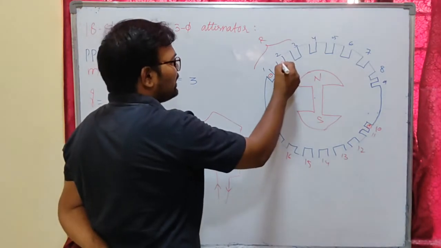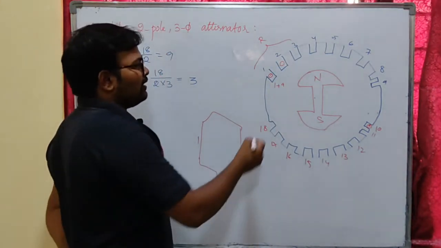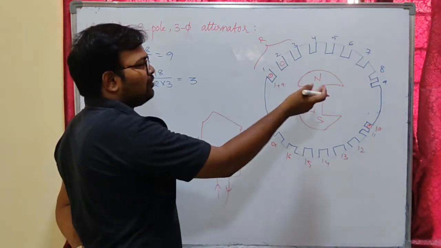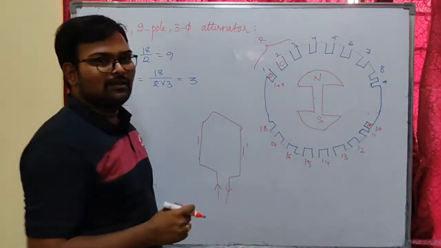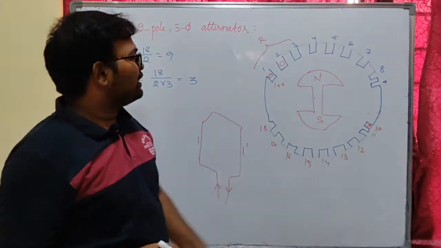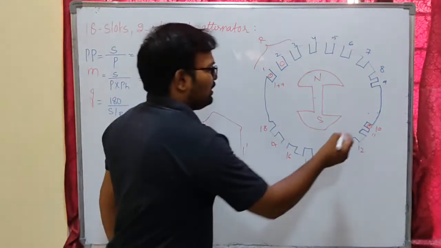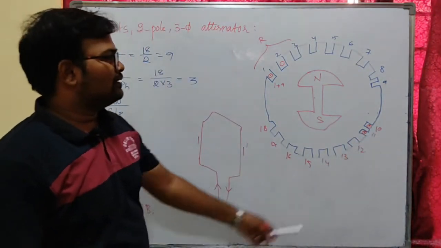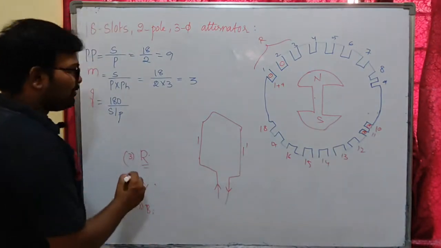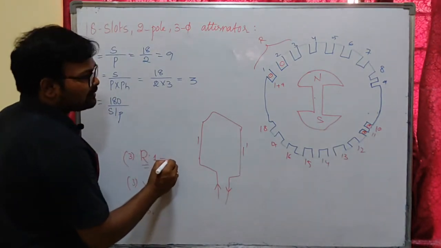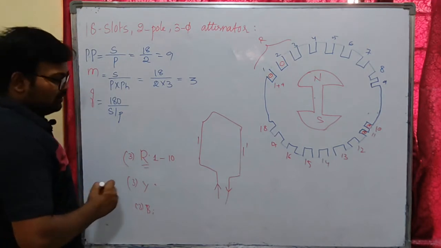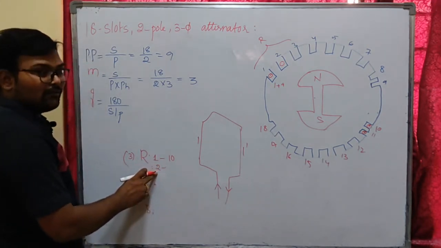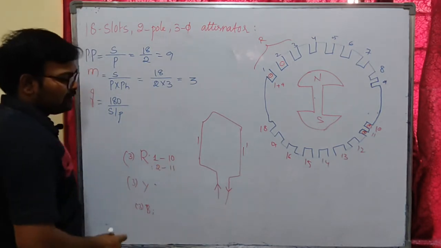Okay, so if I keep the second coil of R phase in the second slot, this is my first coil side. The next coil side will be after one pole pitch distance because it is full pitch winding. One pole pitch means 2 plus 9, 9 is the pole pitch here, so 2 plus 9 will be 11. The second coil side of the R phase will be placed after 9 slots, that is in the 11th slot. So for R phase, the first coil has its first side in slot 1 and second side in the 10th slot, and the second coil has its first coil side in slot 2 and second coil side in slot 11.